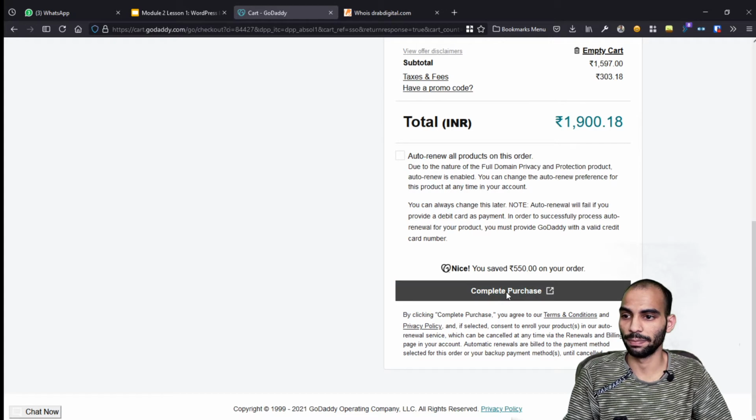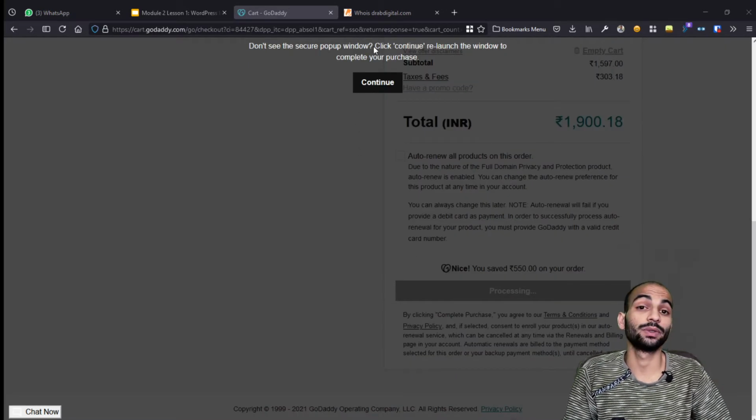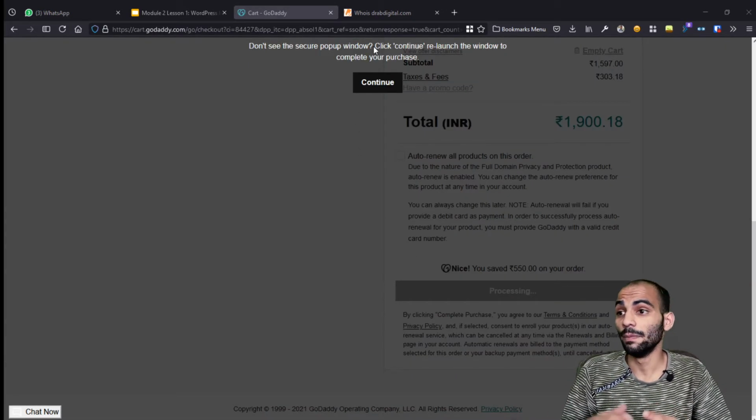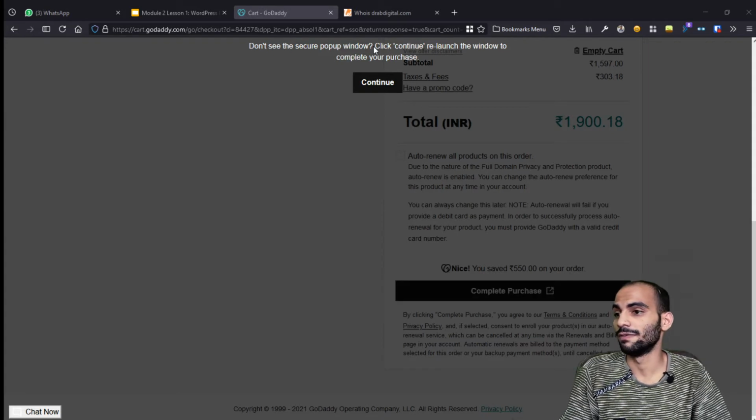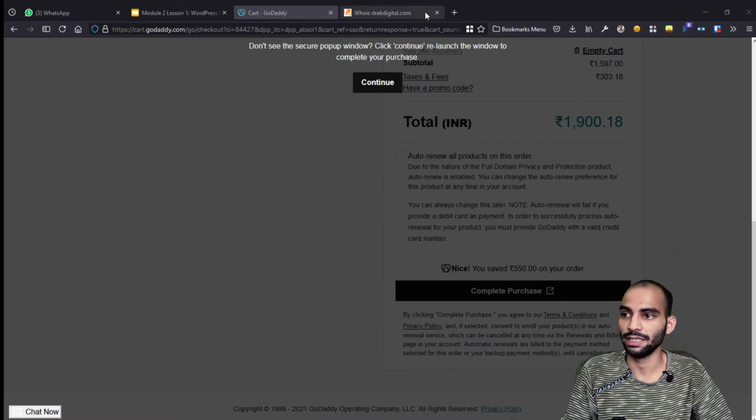just click complete purchase. So now they are going to redirect me to a payment gateway, which is CCAvenue in this case. So let me just make the payment here. So I am going to go for UPI. So let me just make this payment, and till then I will just hide this window from you, just for my security and privacy.